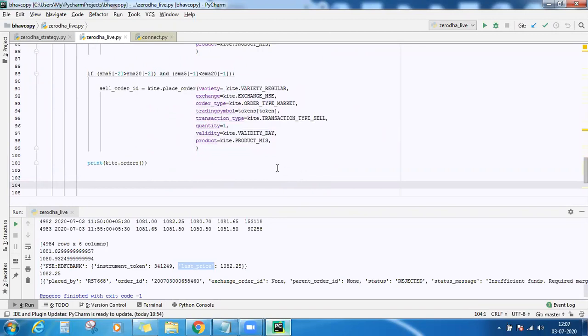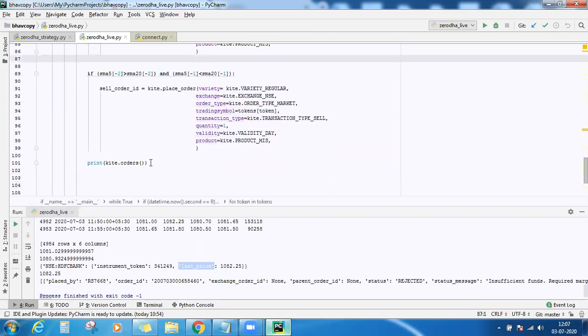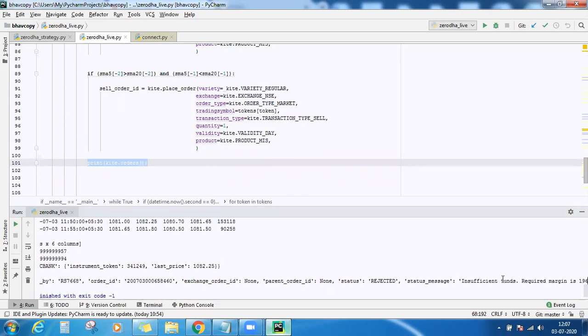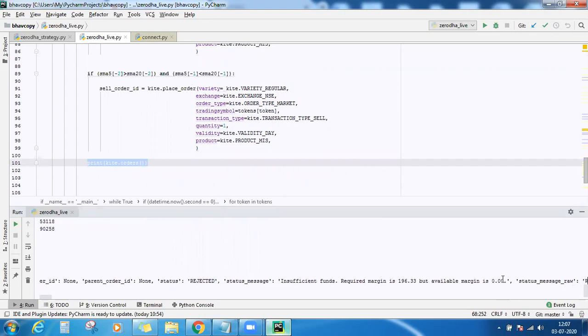Now after punching in an order, I'm also able to print all the orders that were placed. So here, this is my ID. The order is placed by me. This is the order ID. This is the exchange order, parent order. Then what is the status? It got rejected. Why did it get rejected? Because there are no sufficient funds. And this is the raw message. Margin exceeds.